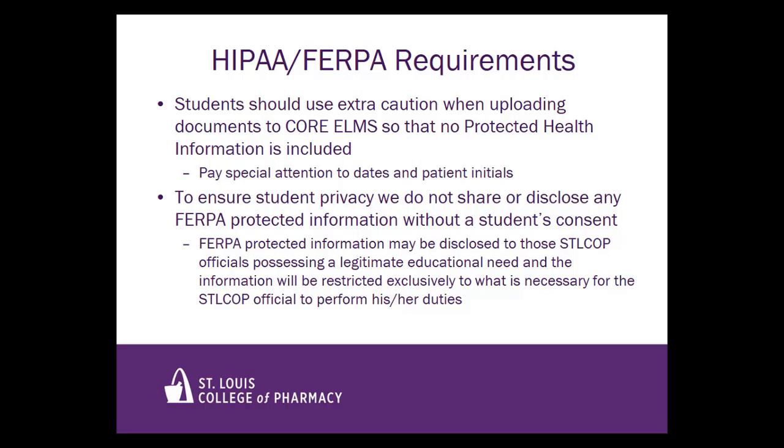STLCOP's general policy to ensure student privacy is to not share or disclose any FERPA-protected information without a student's consent, indicating what information and to whom it may be shared. However, a student's FERPA-protected information may be disclosed to those STLCOP officials, such as, but not limited to, student advisors, preceptors, or certain faculty members possessing a legitimate educational need. In such cases, this information will be restricted exclusively to the information necessary for the STLCOP official to perform his